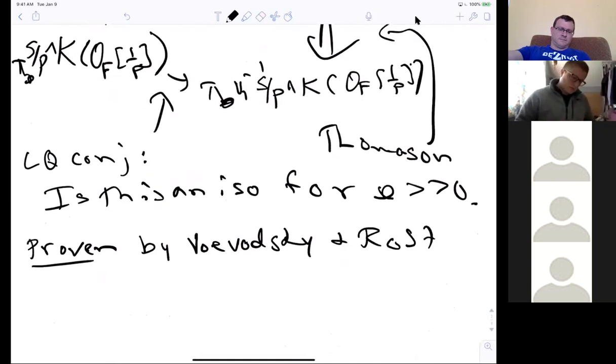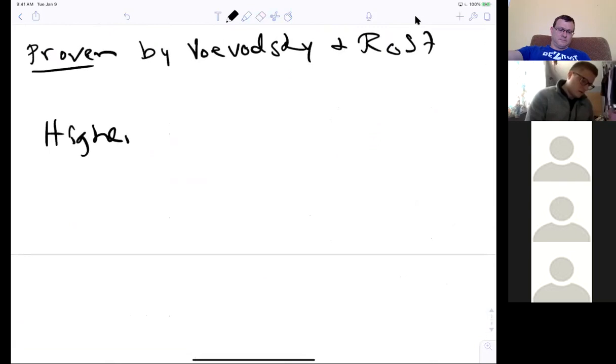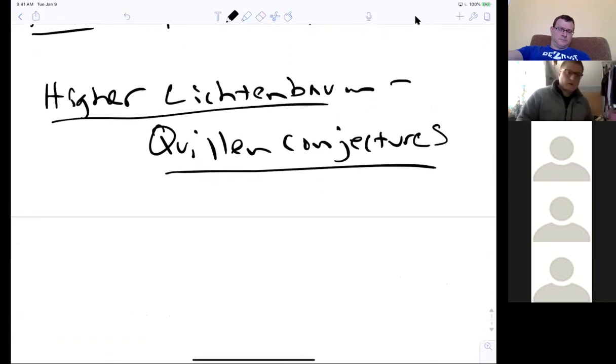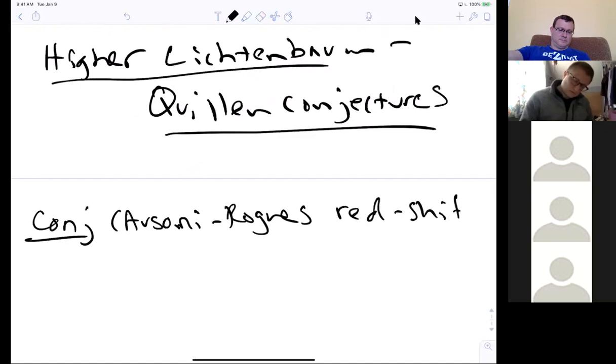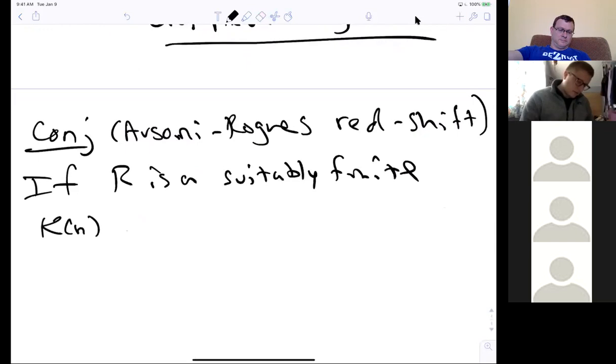Okay. So that's all the classical Lichtenbaum-Quillen conjecture. Now I want to get into higher Lichtenbaum-Quillen conjectures. So this is really code for the Redshift conjecture. So let me just state the Redshift conjecture of Ausoni-Rognes. So let's suppose that R is a suitably finite K(n)-local spectrum,